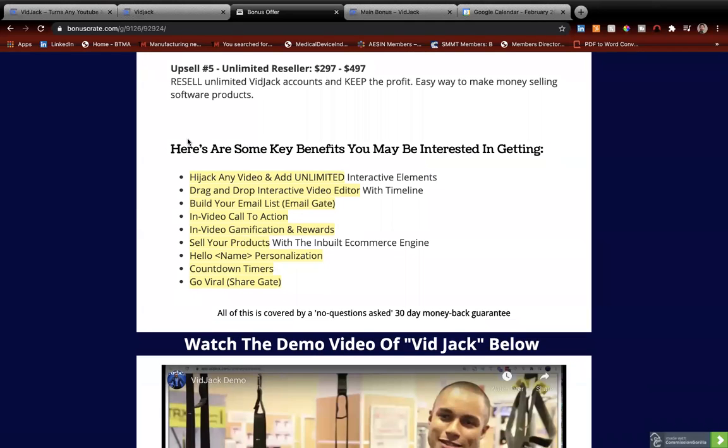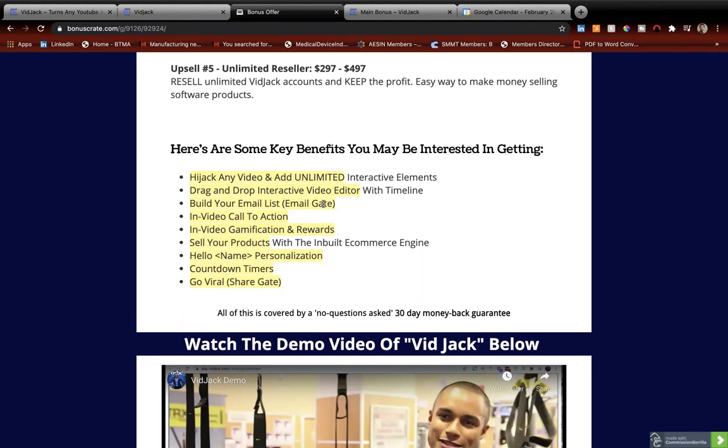Okay, benefits of Vidjack: hijack any video and add unlimited interactive elements you want. Drag and drop interactive video editor with timeline, which I've shown you just now. Build your email list. Yes, you can create your custom opt-in pages and force a customer to get subscribed to your website or to your list wherever you're hosting actually.